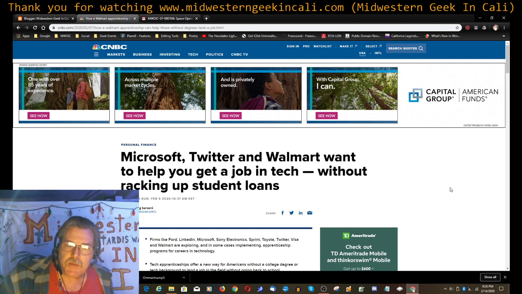And guess what? They're finding out people can't afford college. We can't find people that know how to do what we need them to do. And we want workers that aren't so indebted with student loans that they can't afford to drive to work and pay for the gas. So they're kind of bringing apprenticeships back, and it's starting in the tech industry. So I think this is a really good note to end the evening and the episode on. I think this is definitely worth a read.